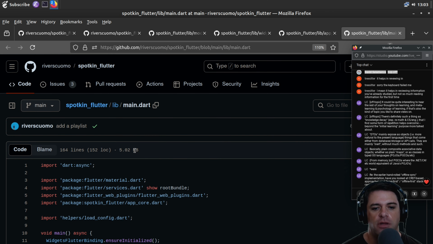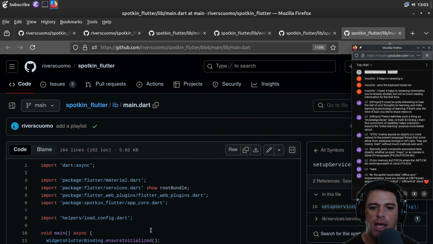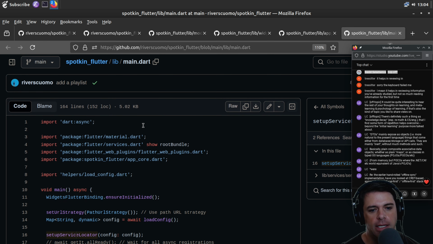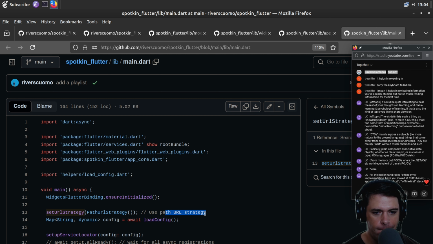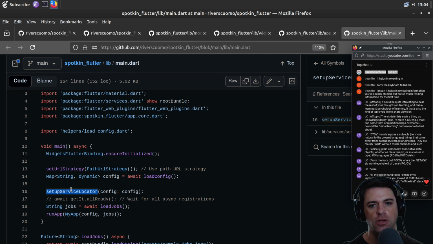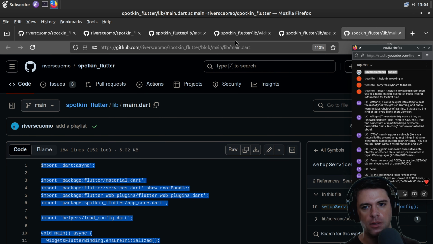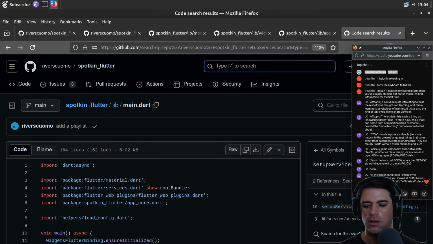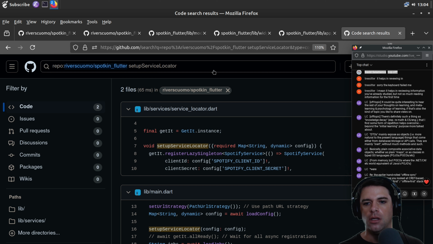Here's main.dart. You're setting up some service locator. I don't know if we're using a library for service locations. We're setting a URL strategy, which is the path URL strategy. So I guess it's like the strategy pattern. And I kind of want to know whether this is a service locator library or something else. Okay, so service locator is some sort of hash map. I assume that a map in Flutter is a hash map and not some sort of fancy tree or trie, like I think it is in Haskell. But so I'm going to call it a hash map